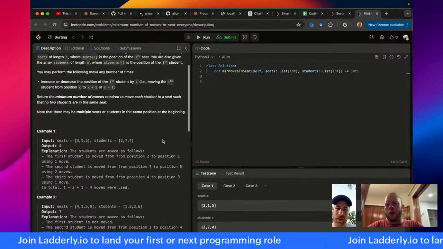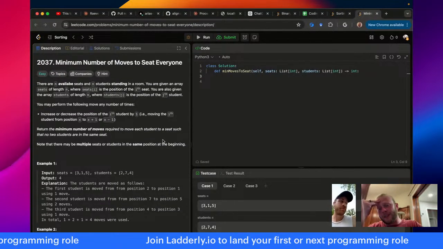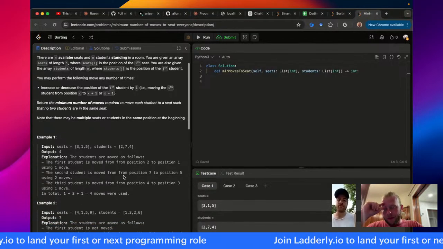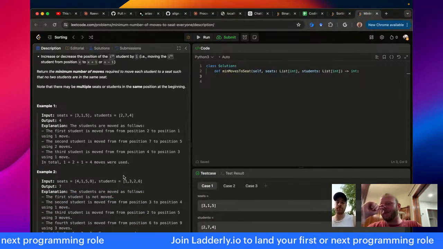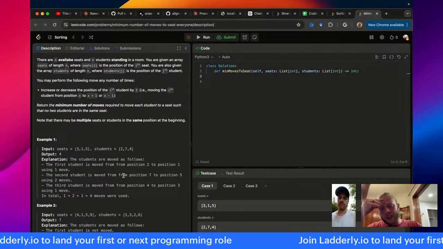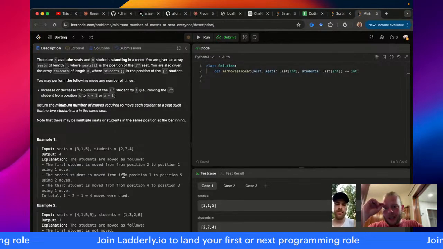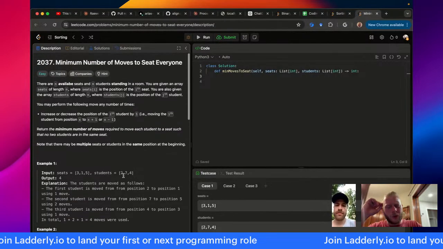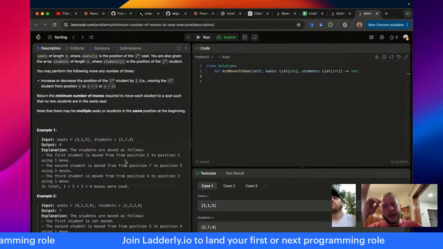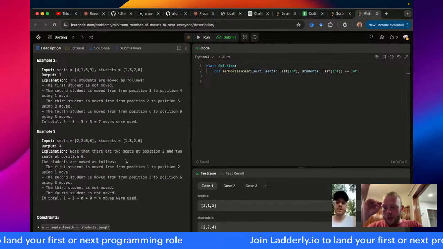All right, so what's my overall approach here? I'll start with a brute force. A brute force is, let's see, I could create a hash map and count out the available seats per number, and then I could just allocate students through the hash map. And so that seems like it would have a worst case complexity of n squared, because I would need to build up the hash map, and then I would need to go through it to allocate. I guess that's just O(2n), not n squared, is it? Okay, fine.